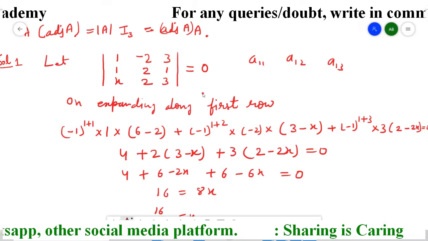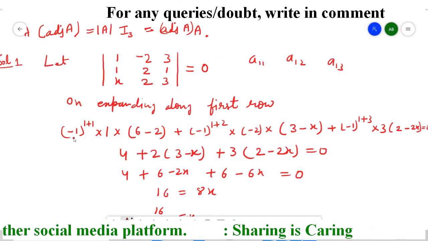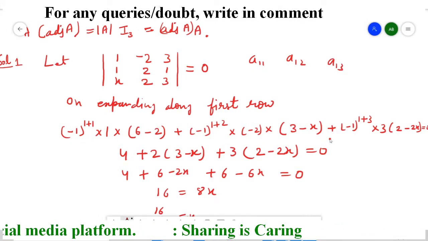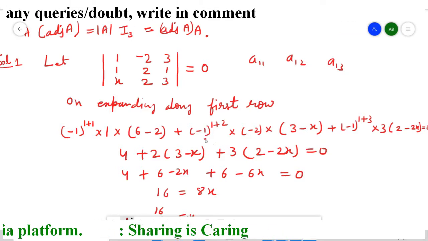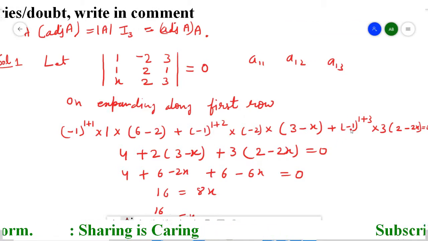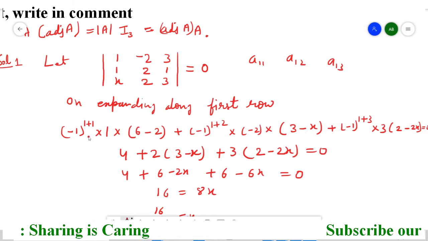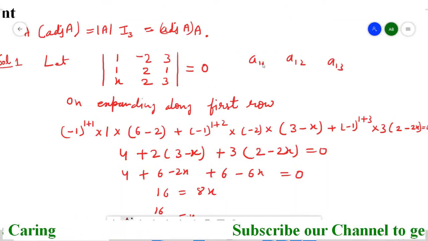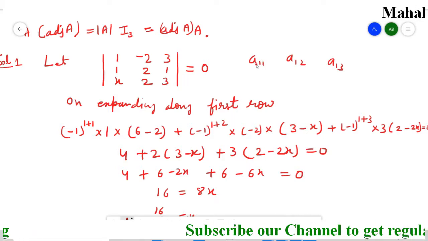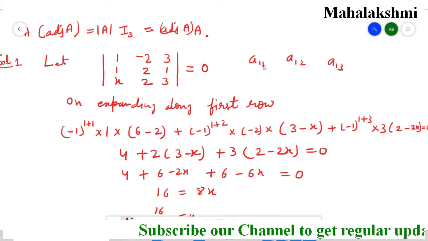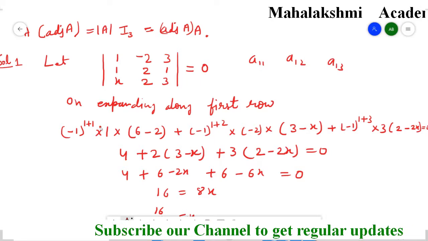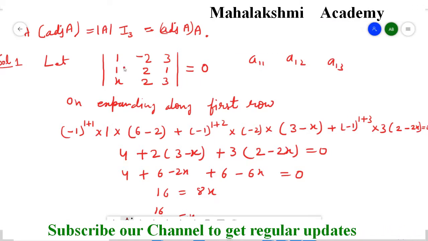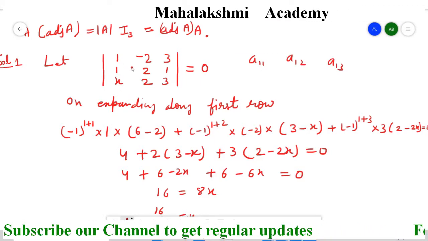For a11 we'll write down the cofactor. Students, whenever we write the cofactors, see everywhere, here also and here also. The first step is with -1, you have to write the power as the sum of the number of the row and the column, that is the ith row and jth column. So there is 1 1, so I wrote here 1 plus 1. Then after that the element itself, that is 1, and the minor of it.